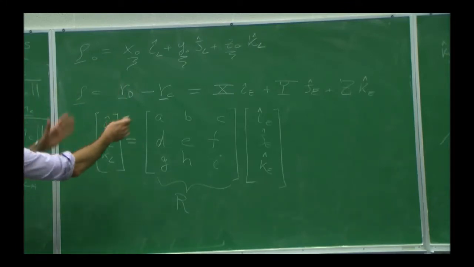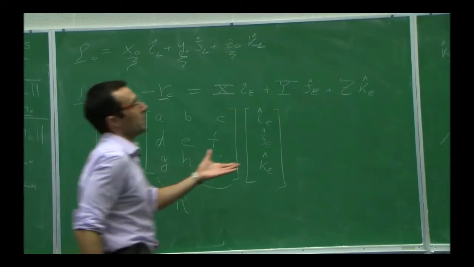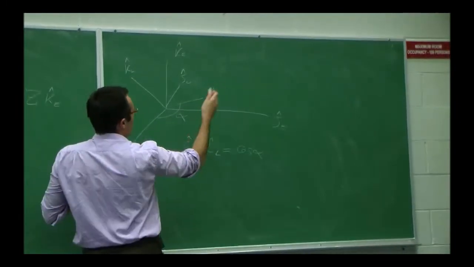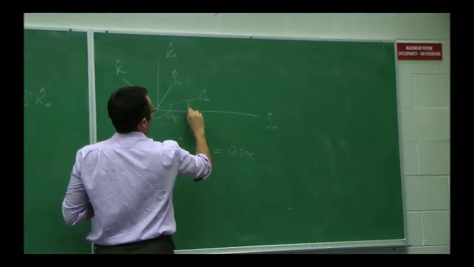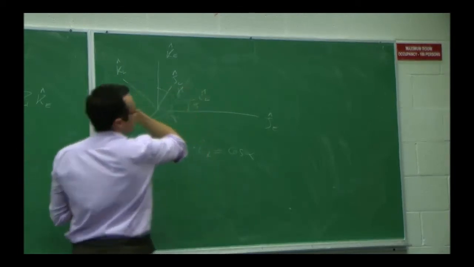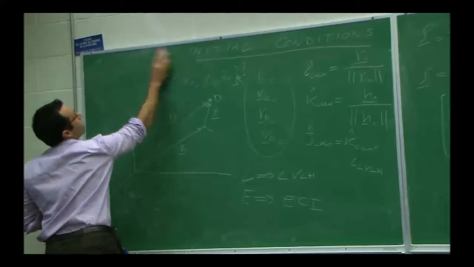And the same goes with every combination here. All these numbers are actually cosines of all the angles that you can imagine between any of the unit vectors of the ECI basis and any of the LVLH unit vectors. So I will form another angle with JE that you can call beta, and another angle with KE that you can call gamma. And so you populate that matrix with those cosines. That's why it's called the direction cosine matrix. Okay, anyways, I have that basis. I don't think I need this anymore.